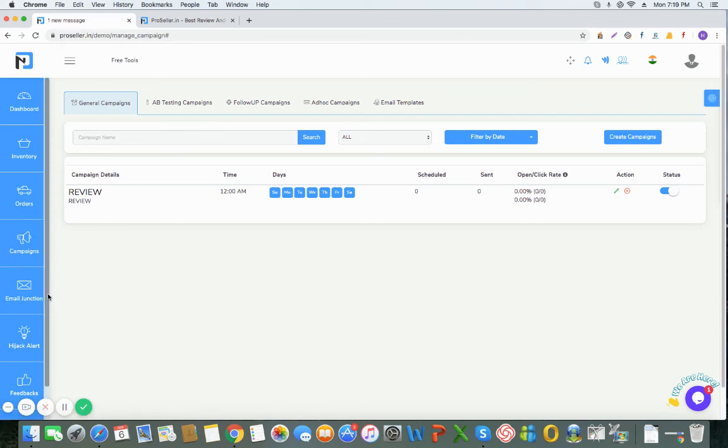Always remember that we are monitoring the emails, and half an hour prior to the scheduled email time, we will recheck on all the orders in case there is a returned product. And suppose you have set up an email template for a review or a feedback, those customers will not be sent the emails. There will be an automatic blocking of emails there. Thus, I hope you understood how to set up your campaigns.